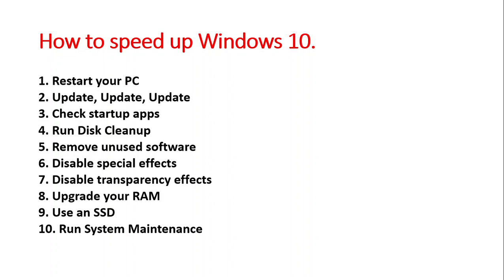And next, checking the startup apps. If you find that your system is booting slow, your applications are loading slow and your system performance has come down, then you need to check the startup apps also. For this you need to go into the Task Manager, and once you enter the Task Manager, you need to click on Startup apps. In the startup tab you can find the apps that load during the booting process. If you find that the impact of an app is high,